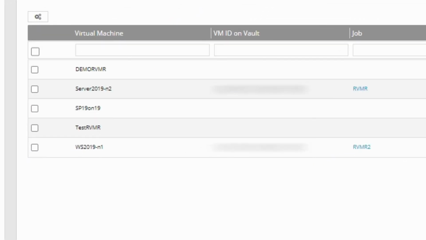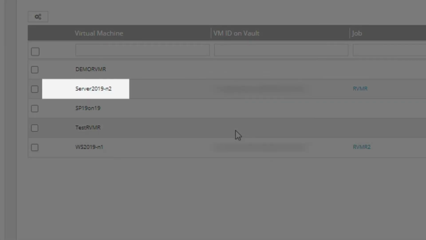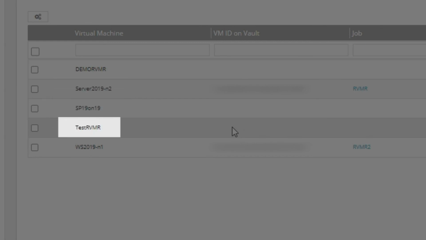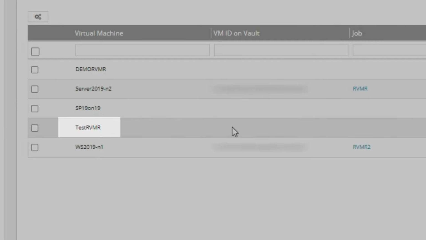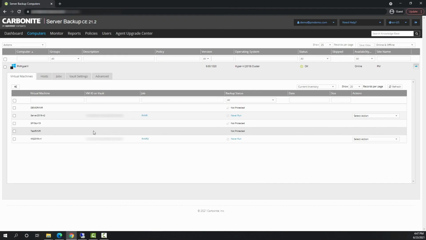After the migration is complete, the spinning icon will disappear from the selected virtual machine in Portal, signifying that the VM is no longer in RVMR status, and your migrated VM will remain in the current inventory. This VM is now in permanent storage, and you can resume or begin new backups.